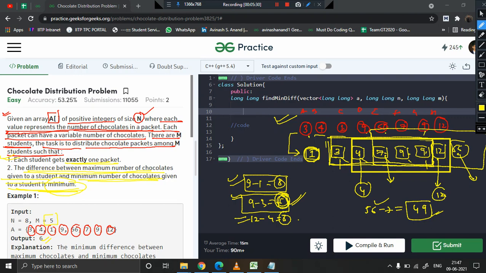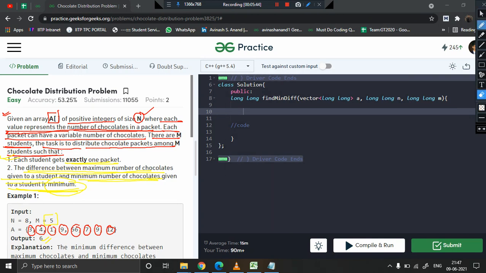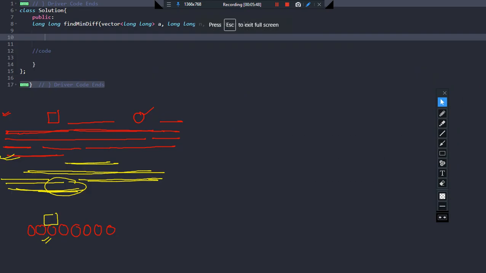The intuition is we will be keeping track of this window. How will we keep track of this window? By using two pointers. Pointer i will point to the minimum element, and pointer j to the maximum element of that group. Fine. So how will we do it? Let us see. Quickly, let us try to code this particular problem in 2 minutes.